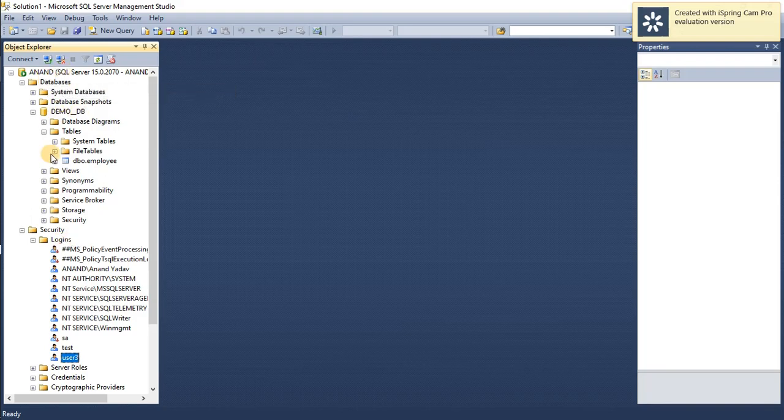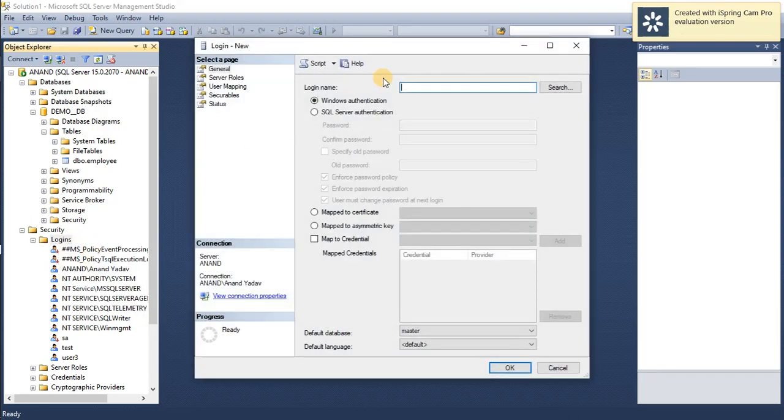If you look under Security, there is a Logins option. I'm right-clicking on the Logins folder and clicking the New Login option. Here I have two options: I can create a user with Windows authentication, or I can create a SQL Server authentication. For demo purposes, I will go for SQL Server authentication.